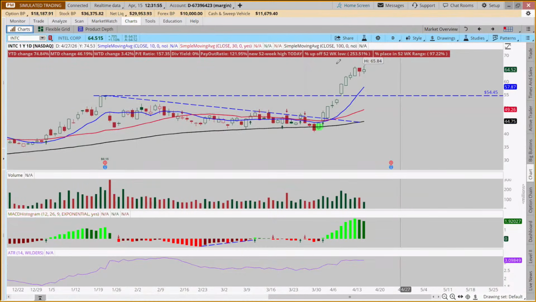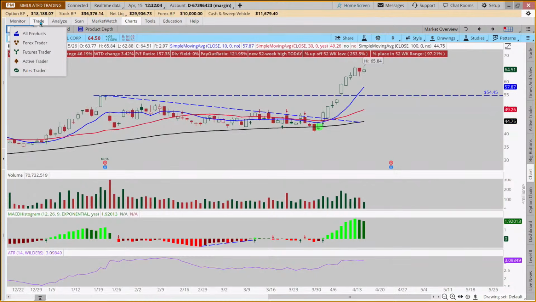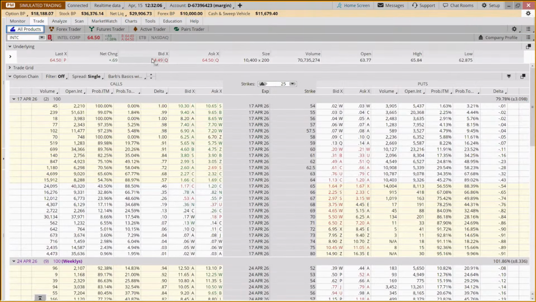trades in, like let's say you wanted to do a buy right on INTC because your expectation is that it's going to continue to go up. And I'm not suggesting this, but if you wanted to see how to add that note, we could come and for this one, we're just going to buy 100 shares of stock.